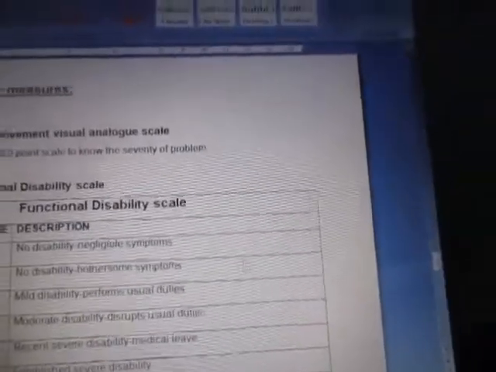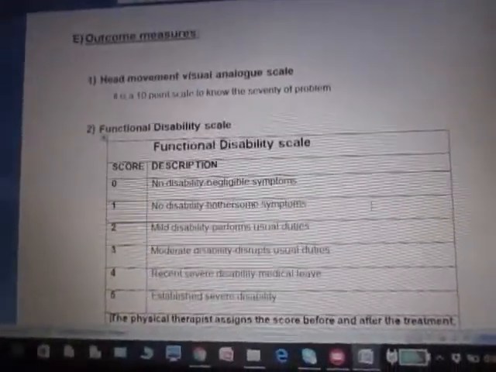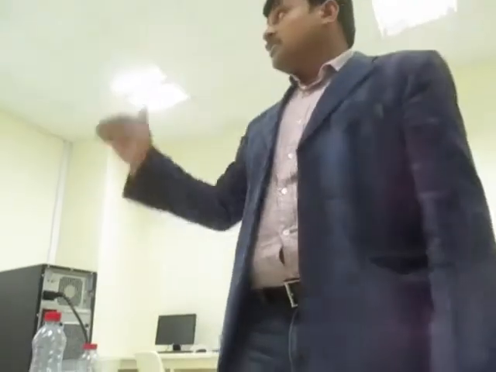6 is severe disability. Even a little movement, you can't do any movement. No function, no rolling. You can't even roll. So that much bothersome it will be. So this is how you can grade the functional disability scale for vestibular. Next,